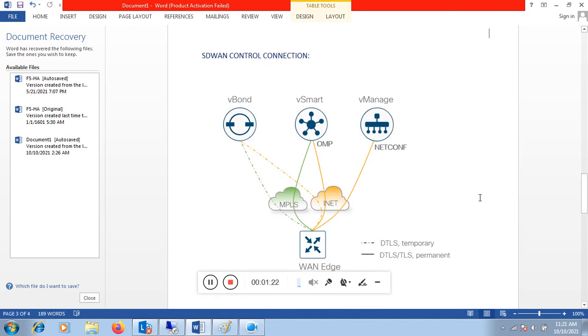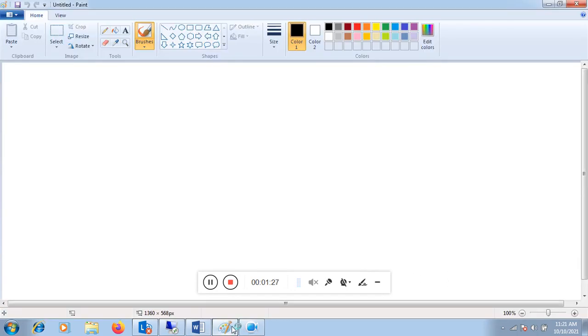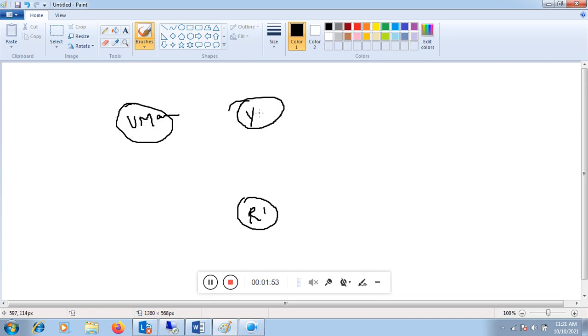So if we talk about the initial bring up, first of all, let's say you have a WAN edge. This is your WAN edge, let's say R1. You have the SD-WAN control cluster having a vManage, vSmart, and vBond.